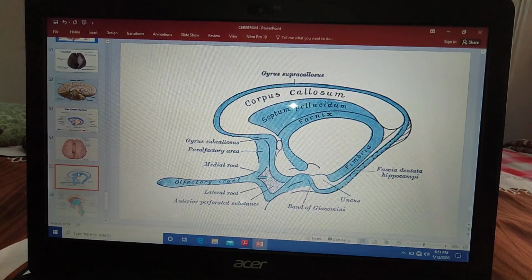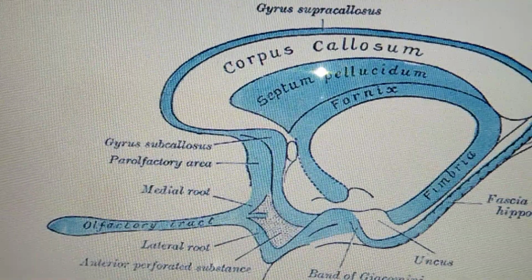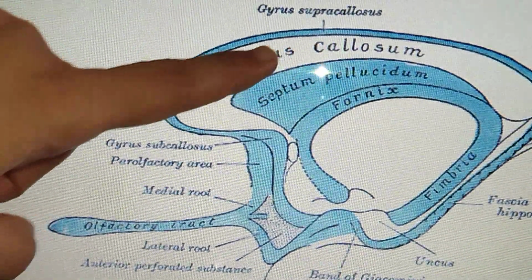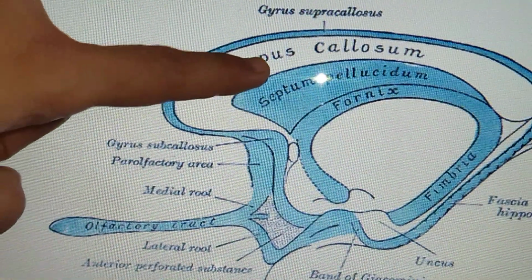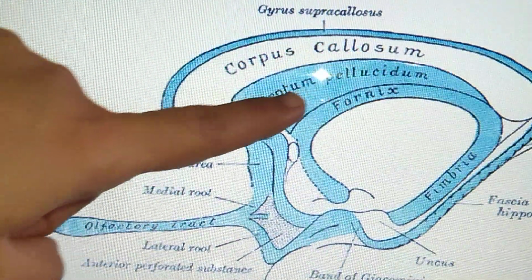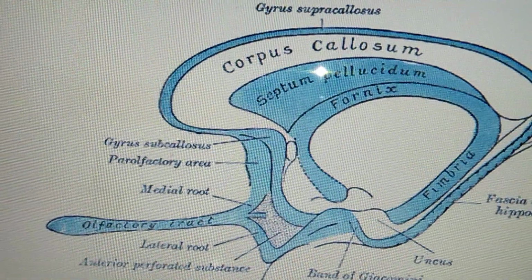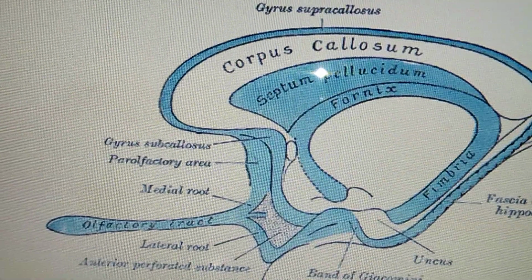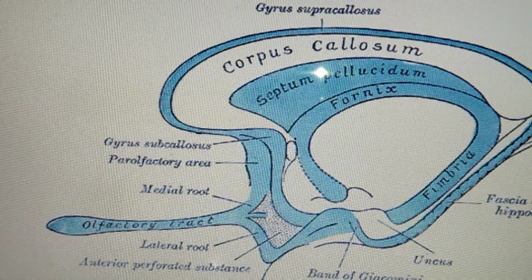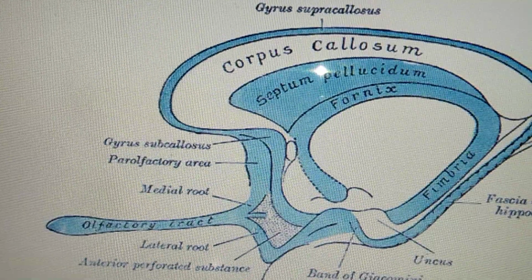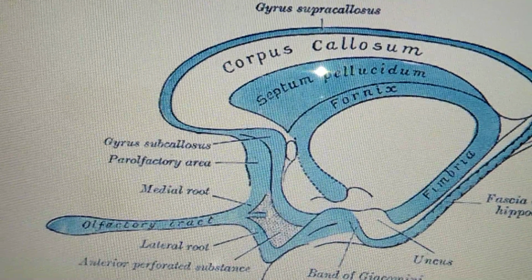Okay, now the inferior surface of this trunk. Here in this diagram you can see just below the corpus callosum, this is the trunk of the corpus callosum. Its inferior surface, you can see the septum pellucidum and fornix, right? So it provides attachment to these two structures, and it also forms the roof of the central part of the lateral ventricle. Last part is the splenium.